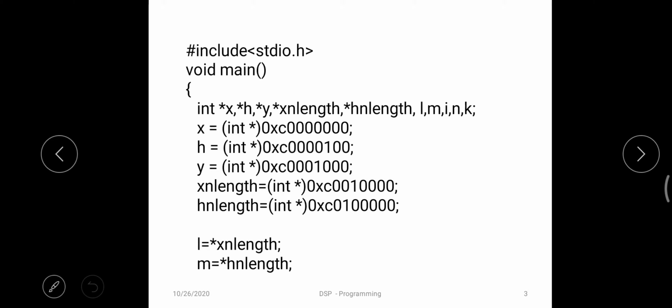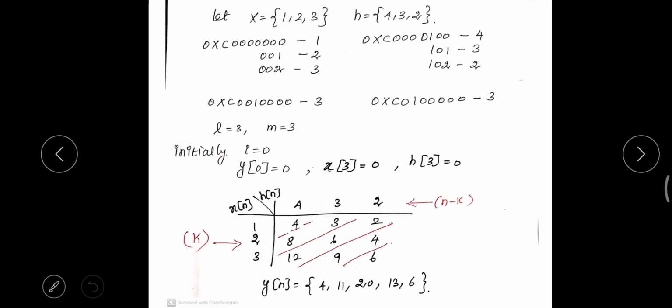So h is equal to 100, and after performing the convolution between x and h, the resultant will be stored in the address 0xC00,000. For example, if I am giving 1, 2, 3 as an input x, then that will be stored in the 0th location, first location and second location.